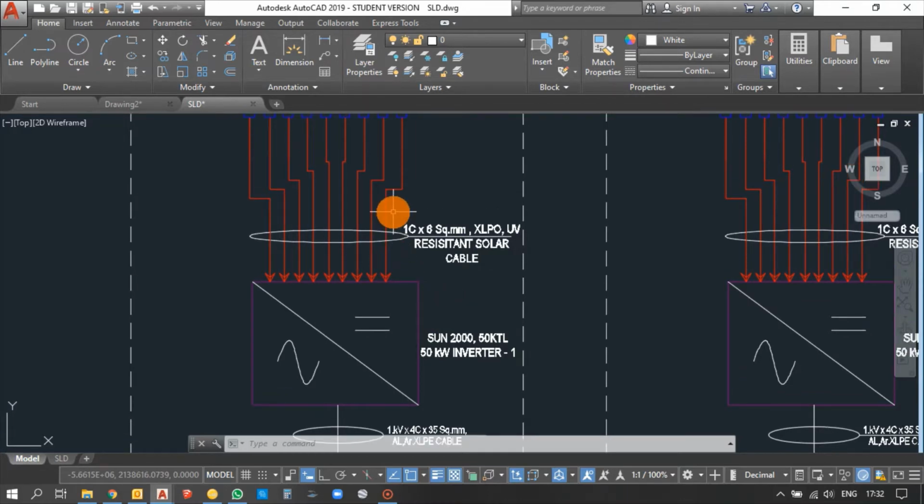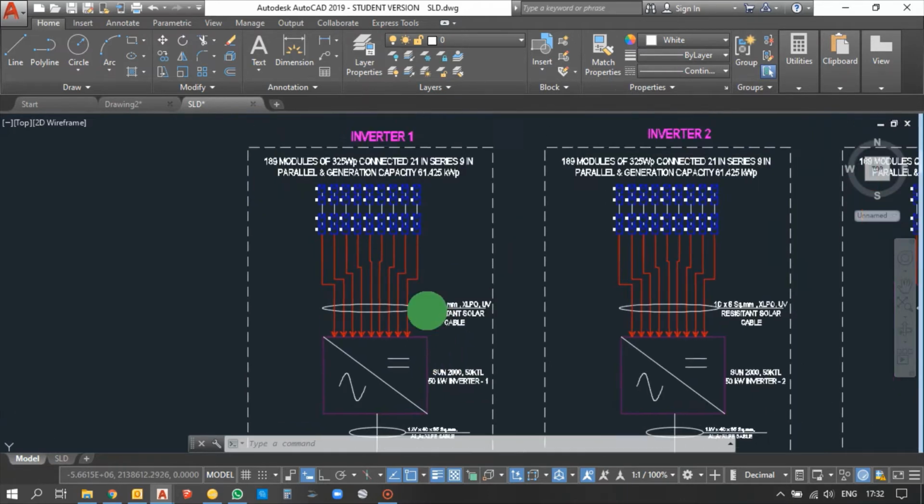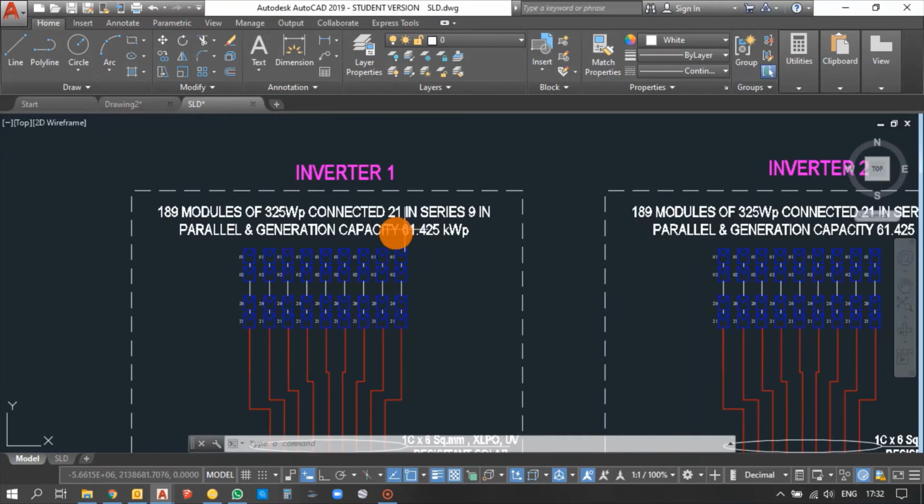I am connecting only 9 inputs to the inverter and keeping the remaining 3 as spare. With a single string I am connecting 21 modules. I have calculated with the maximum number of modules, it is 21 with the formula. So we have calculated manually. Let's cross check this with PVsyst.